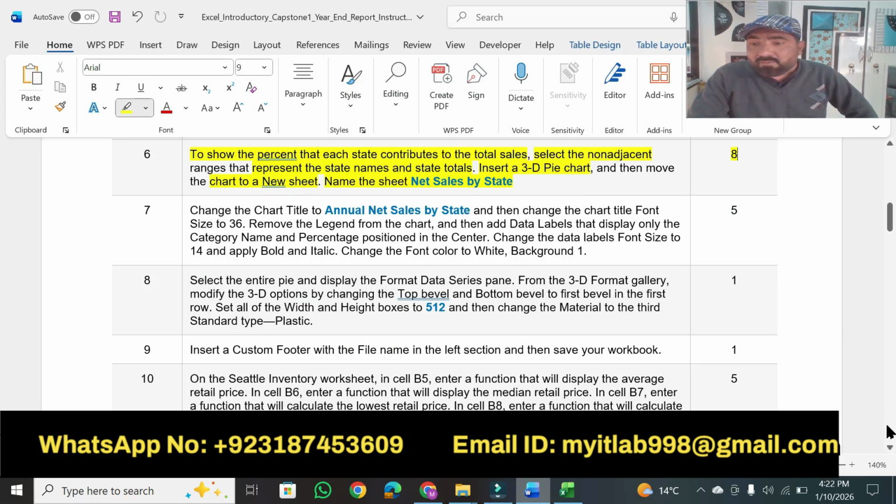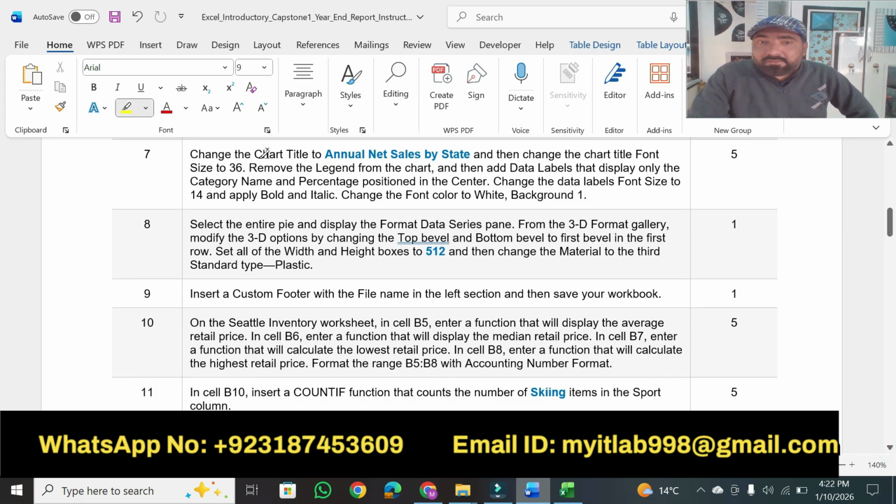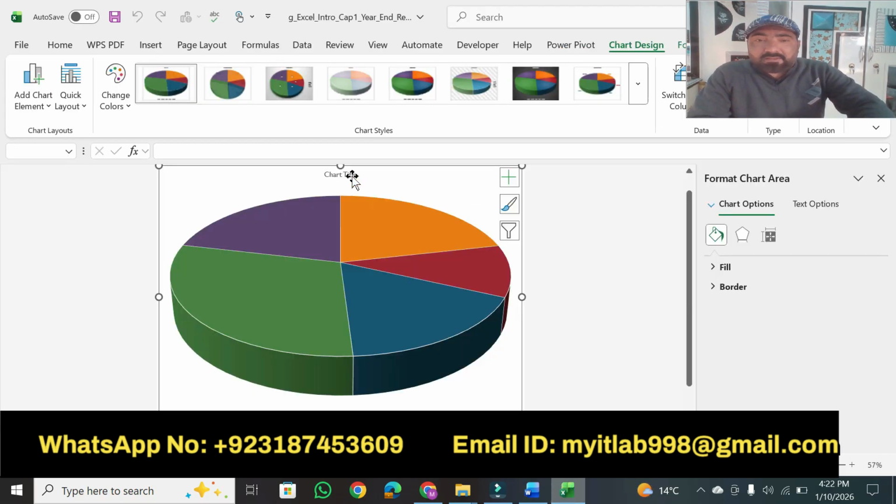Now moving toward question number 7. So change the chart title to Annual Net Sales by State and then change the chart title font to 36 point. So first we have to change the chart title, copy this one and then select this chart title, paste that one. Okay,